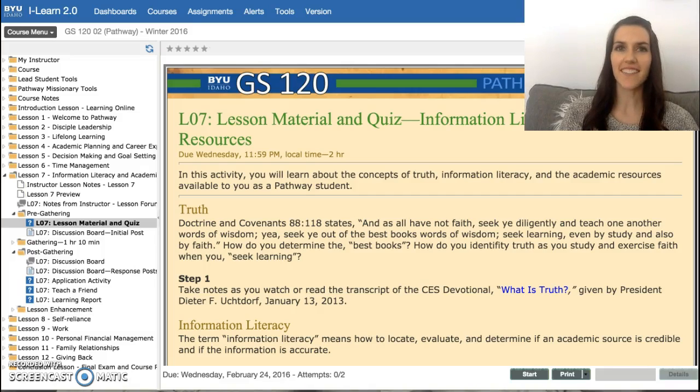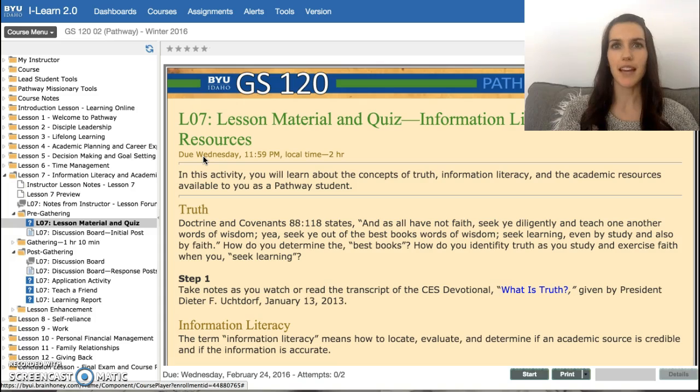We're starting lesson 7. A few things I want to talk to you about: the topic itself is information literacy and academic resources, as you can see here on my screen. At first, this may not seem super interesting or exciting, and sometimes you think, oh, how am I going to relate to that? But as you get to know this material this week, I think you'll find some interesting things that you learn